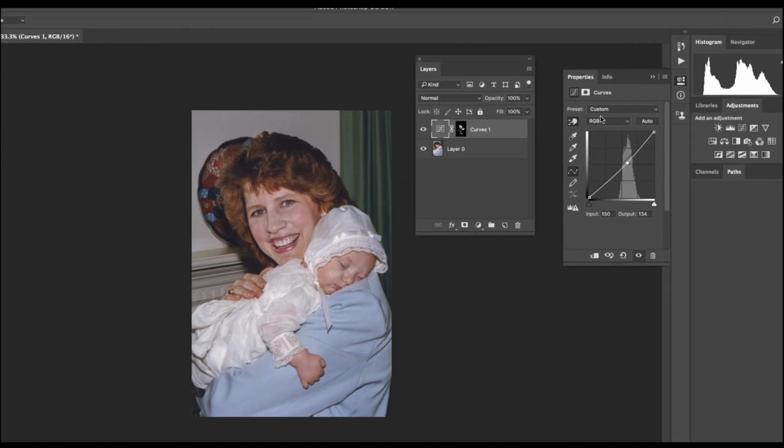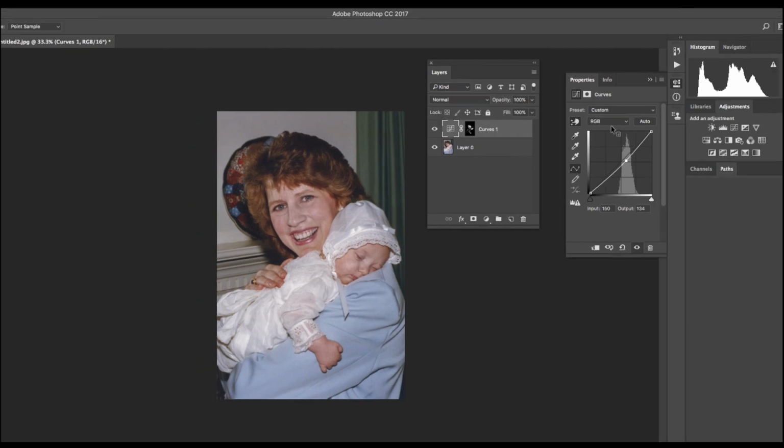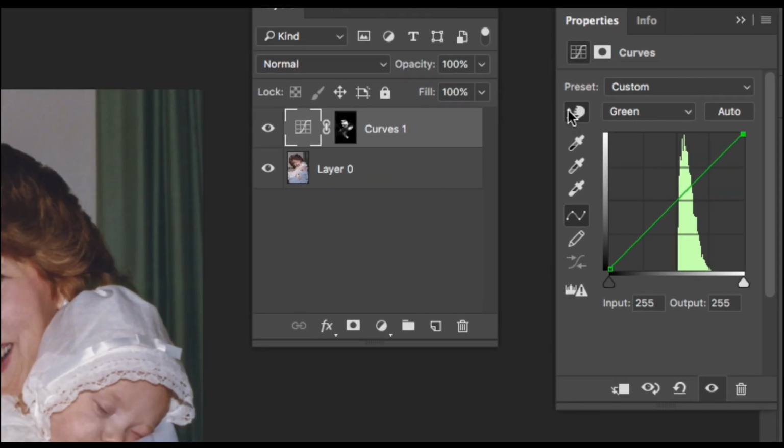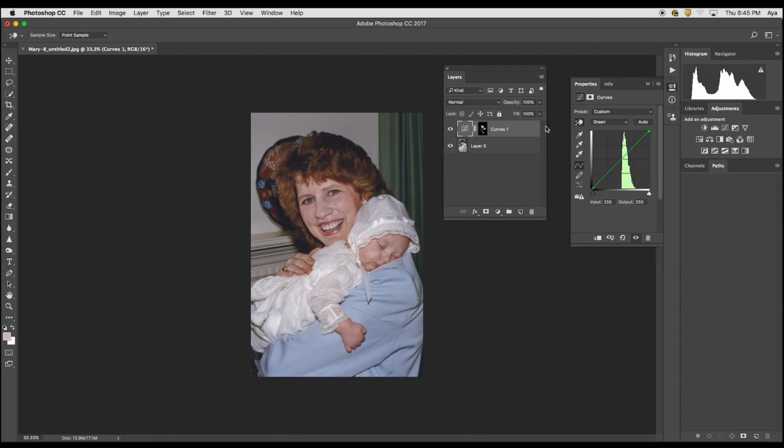This adjustment that I added is applied to the RGB channels altogether. So when I'm doing that, it's only affecting the tones, not the individual color adjustments. We're talking about how it looks slightly green. I don't think so much, but I'm gonna just go to the green channel, and I will start to put a little bit of adjustment on here. Same thing. I'm still using this targeting tool. I'll come over to this cheek area,